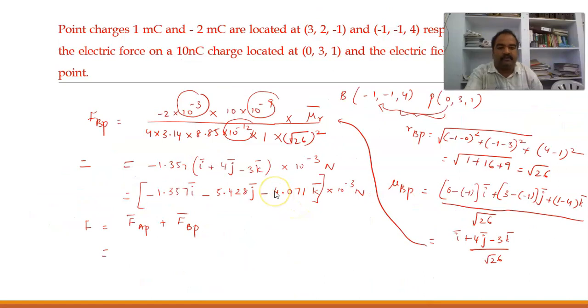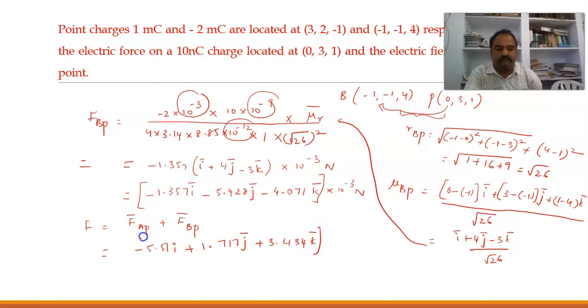It was minus 5.51 i plus 1.717 j plus 3.434 k,